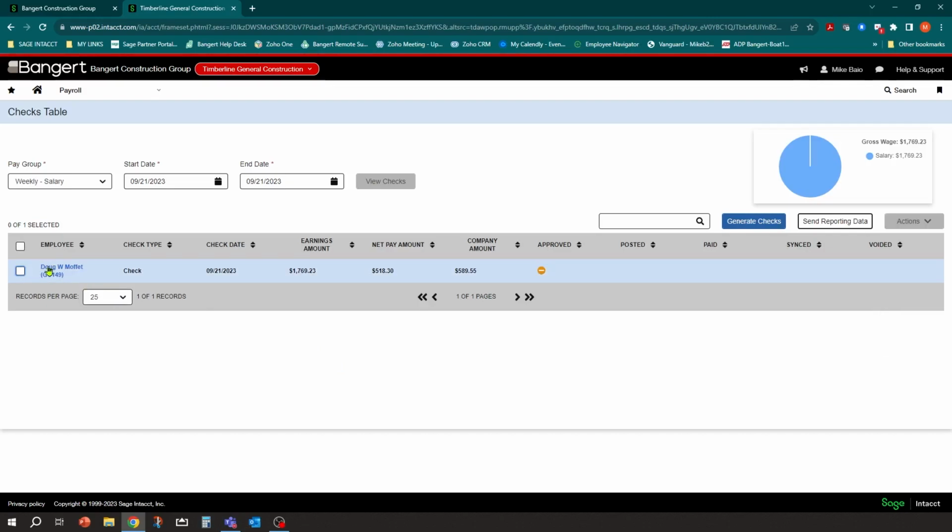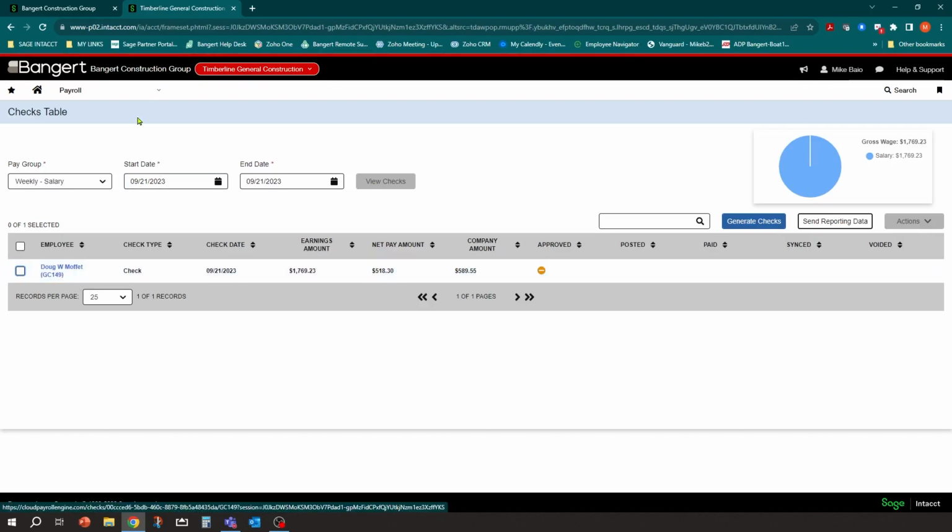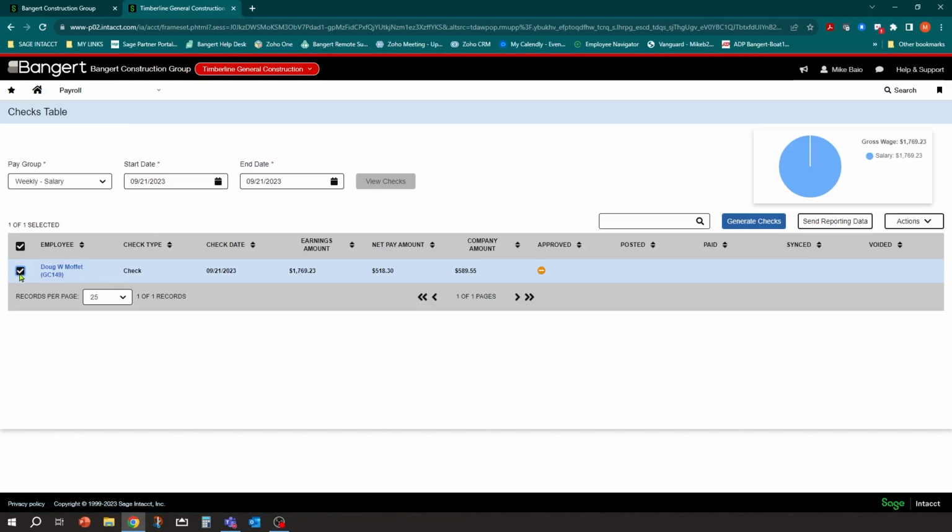So if I realize his withholding tax was incorrect, he's got the wrong filing status, we forgot to add a new deduction onto his record, well, all of that you can see in the detail here, and you're going to have the ability to go back into the employee file, correct the setup, and then simply click on here and recalculate as many times as you need. And you can do it for the whole check run, or you can select the individuals that you want to recalculate on.